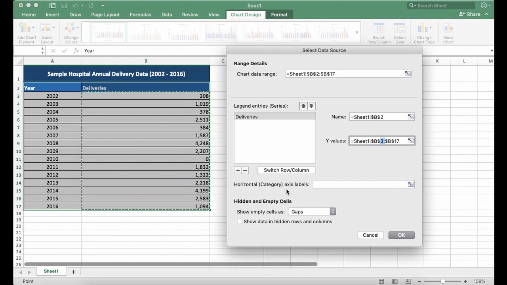In the horizontal axis labels field, we are going to specify the data points for our horizontal axis, which we want to be the year. Now the data for the year runs from range A3, as you can see, as the first item, all through